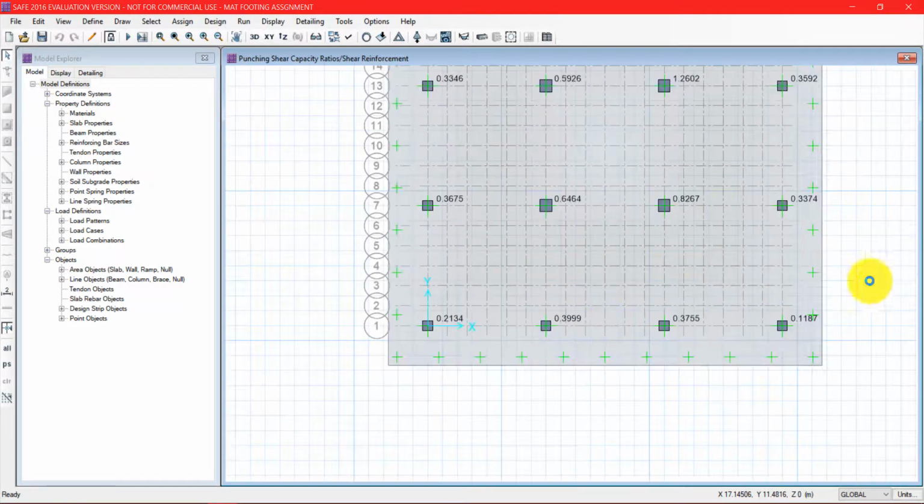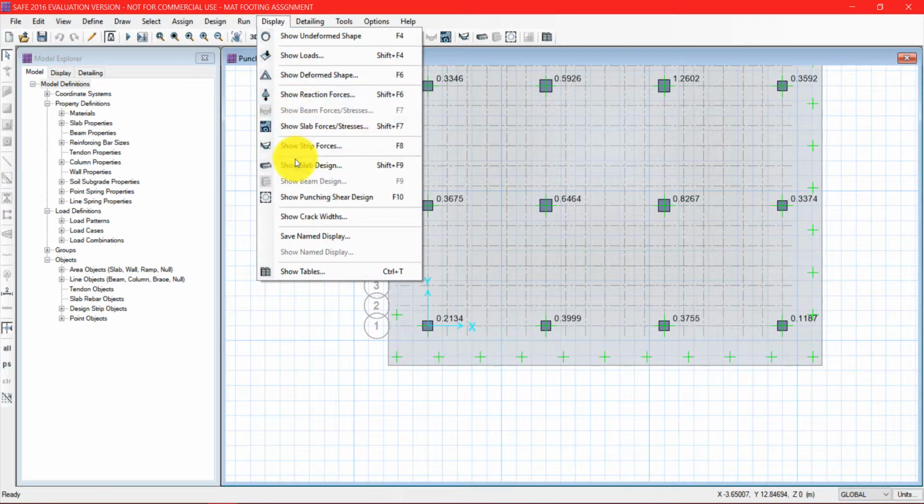Now all the columns have the design shear less than 1, so we can proceed to the detailing. Here we can check the rest of the options from the display.